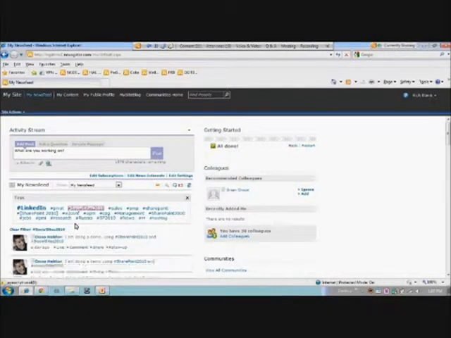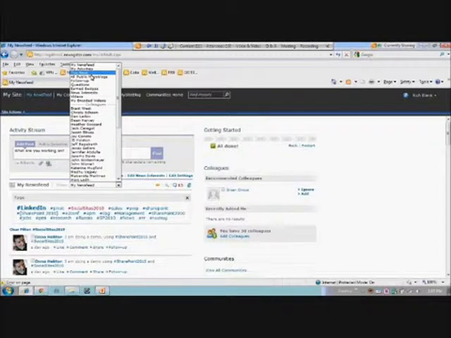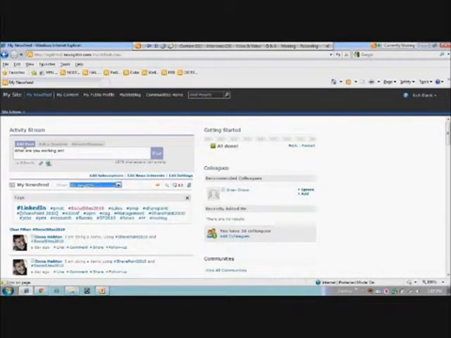So I can filter out and make sense of some of the terms and topics that are going on. I can also filter my activity stream based on whether it's my activities, top news, or public microblogs. I can filter based on things that I wanted to follow up on, questions, earned badges, news, or I can filter based on colleagues or communities. And you can see, within the activity stream, if I want to flag something to follow up, I can do that and come back to it later.